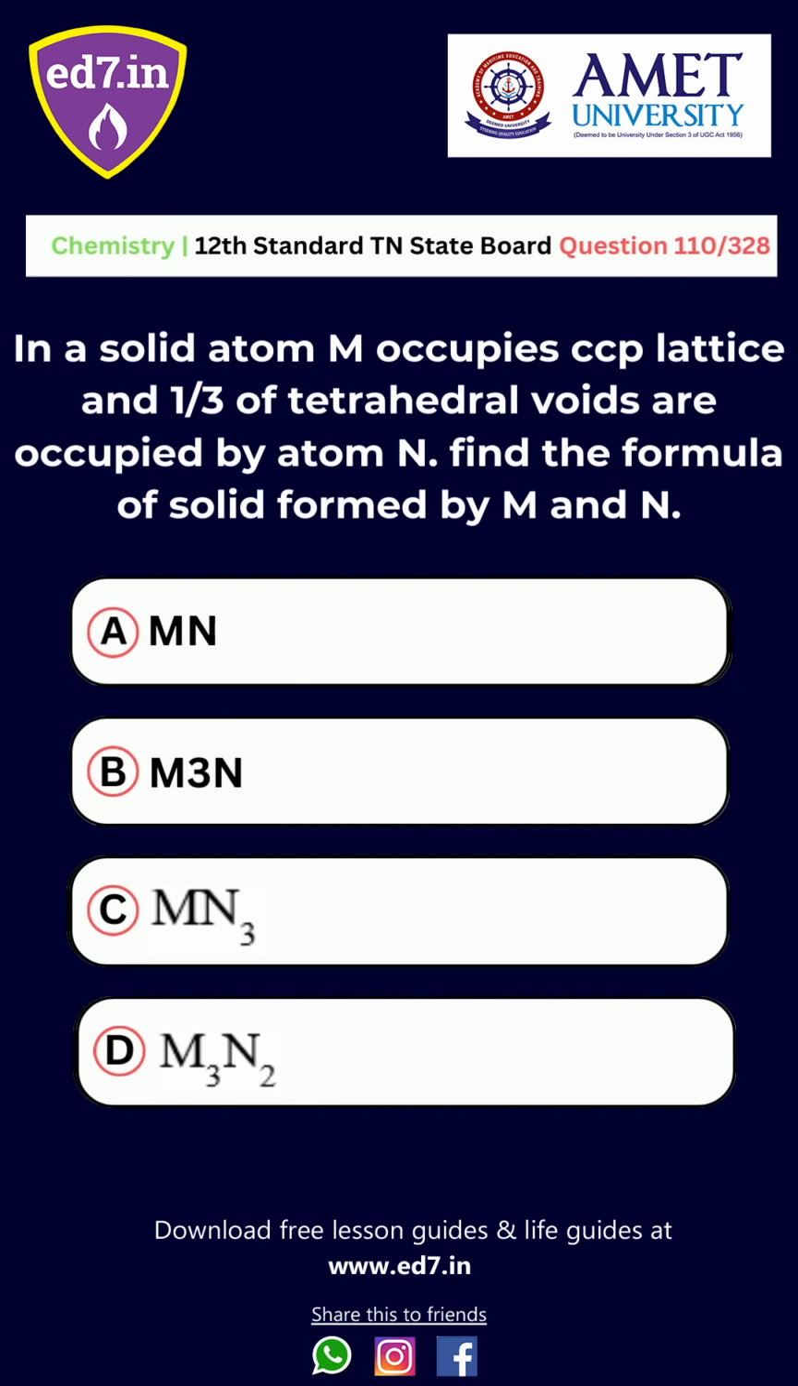Question number 110. In a solid, atom M occupies CCP lattice and 1/3 of tetrahedral voids are occupied by atom N. Find the formula of the solid formed by M and N. Option A, MN; option B, M3N; option C, MN3; option D, M3N2. The correct option is option D,